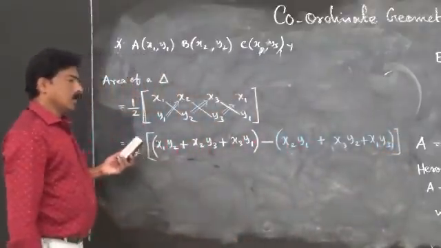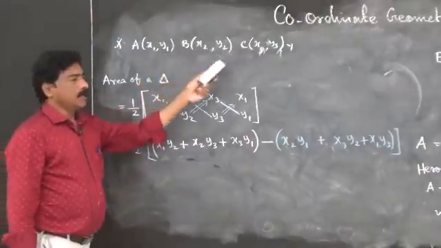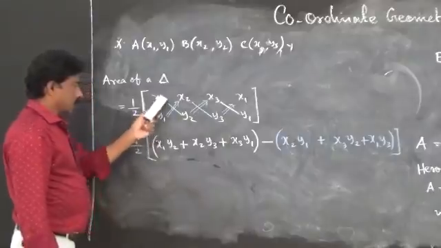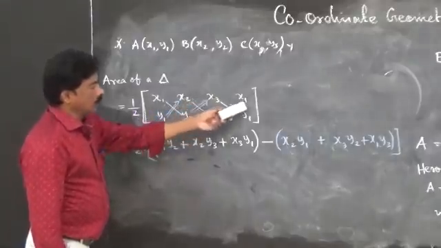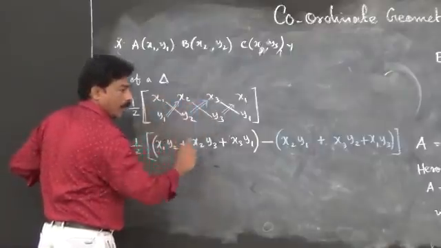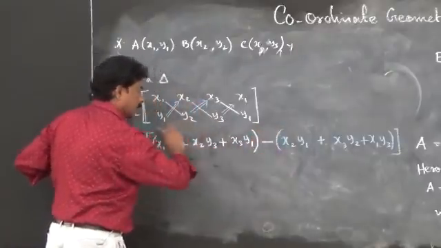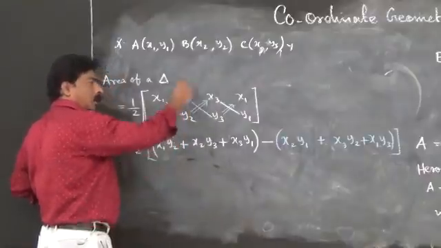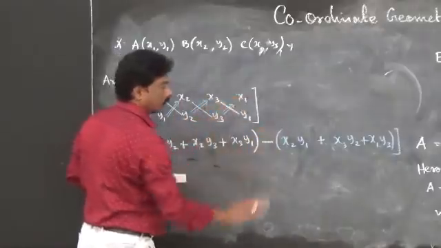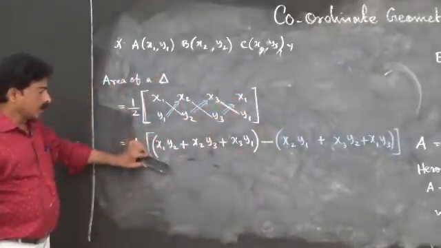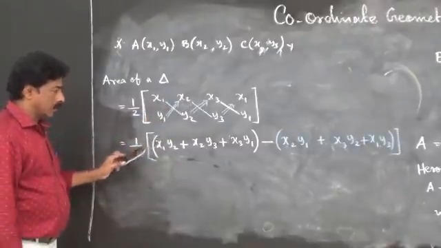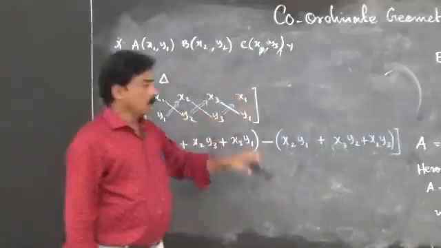So what you have to do, first plot the points. Anti-clockwise you take the points, arrange like this, x1, y1, x2, y2, x3, y3, x1, y1. Then multiply first top to bottom, minus, this is a common bracket, then from bottom to up, y1, x2 or x2, y1, x3, y2, x1, y3. This is the formula. Using this formula, note this, I am not going to repeat the formula often, directly I am going to do the sums. So using this formula, we will do the exercise.